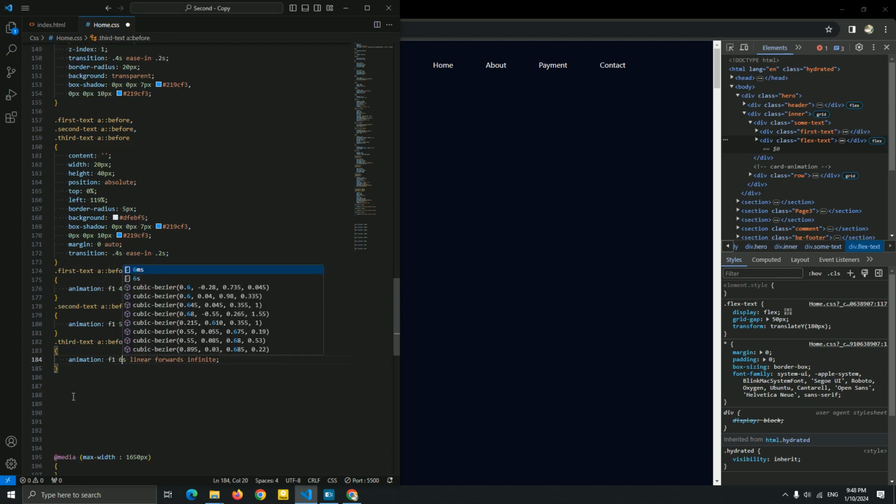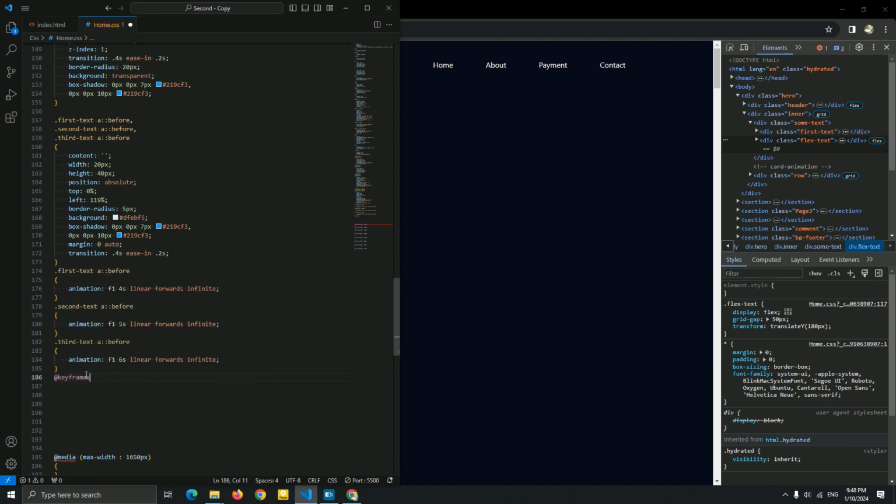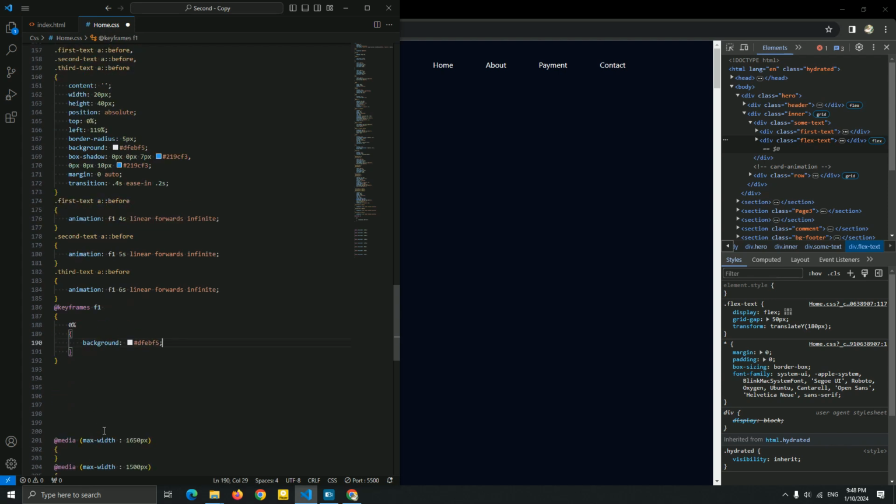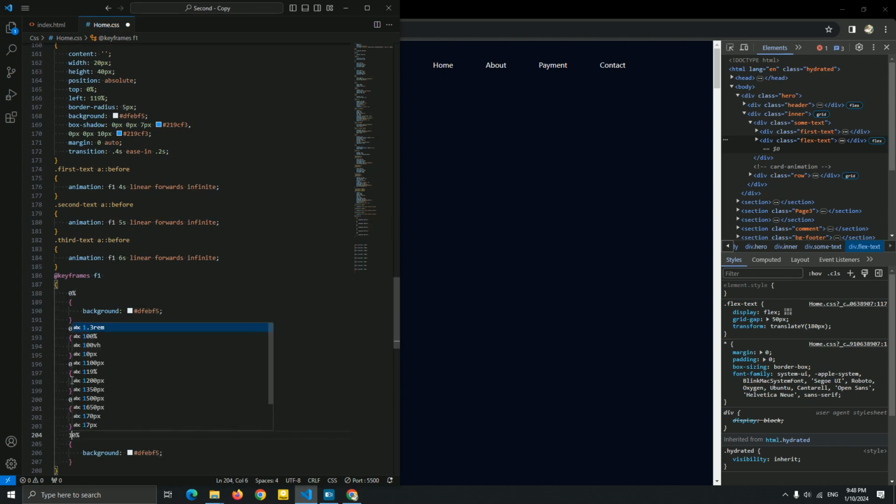Now first let me just create a very fast animation, guys, a very simple animation for this F1. So for this animation, first I'm gonna add a 0%, and I'm gonna just copy this, paste it for this background, guys. Okay, now let me just add a 25%, 50%, 75%, and 100%. Okay, 50%, 75%.